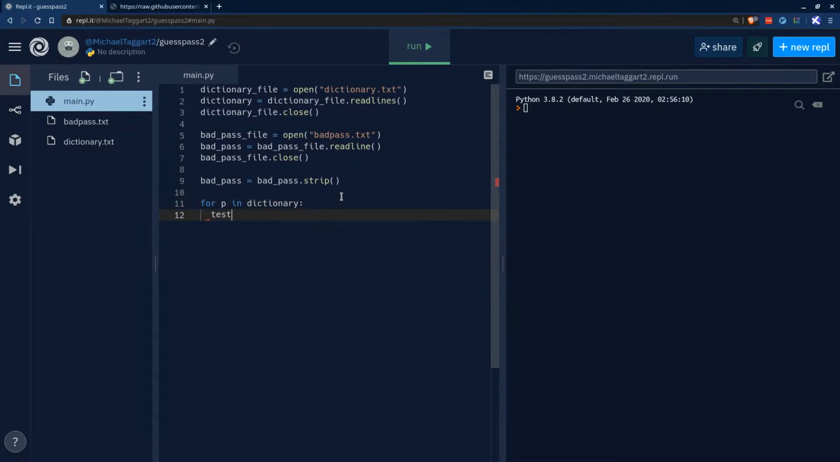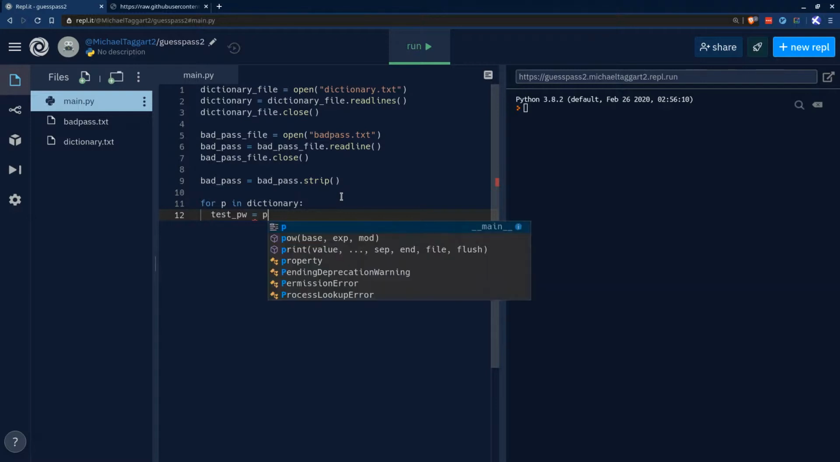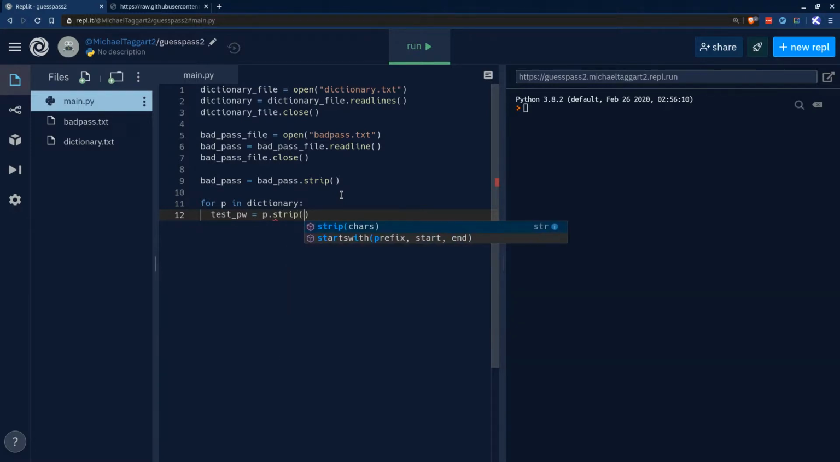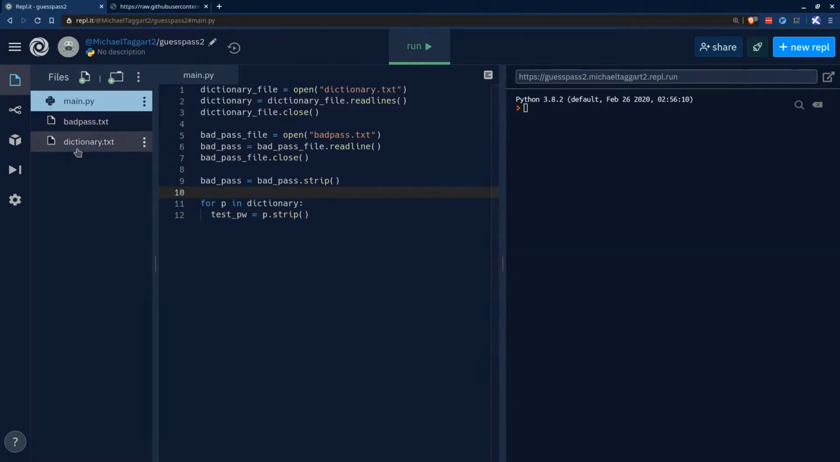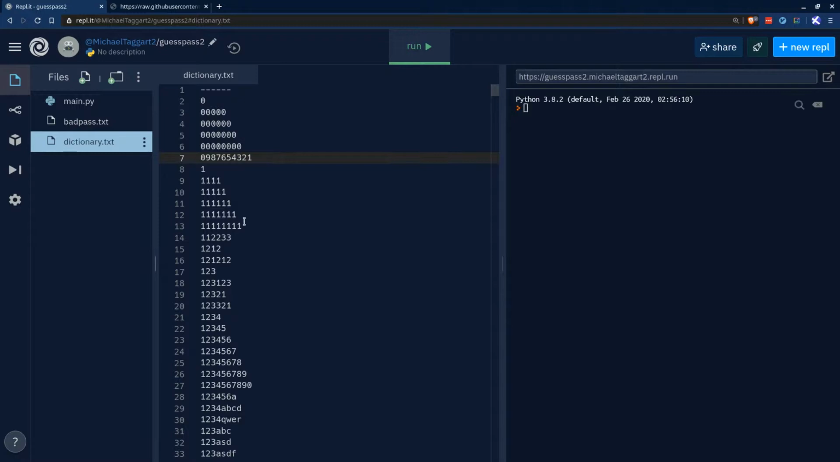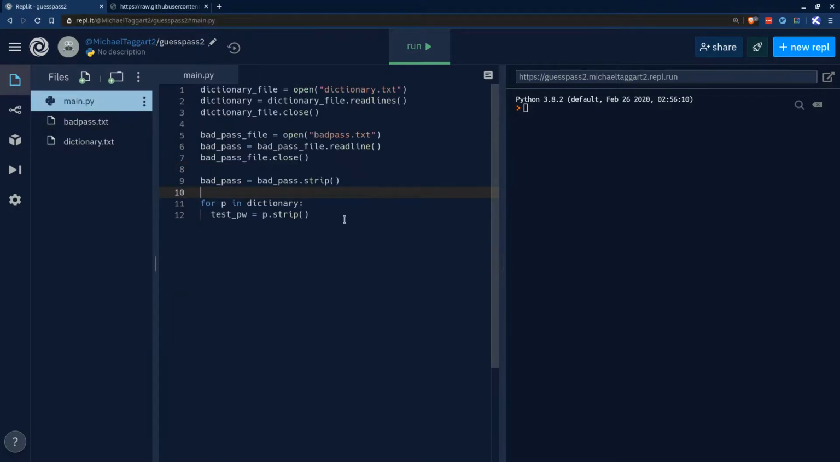we're going to say test pw equals p, and again we're going to use that strip just to get rid of any line breaks in the line, just to make sure that we're just testing the text. Right, when we have a long file, there's a line break at the end of every one of these lines that's recognized as part of the line, and we don't want to deal with it. Okay,